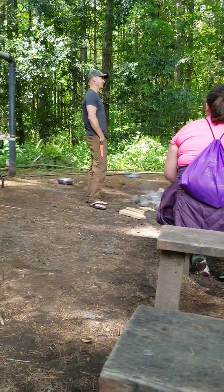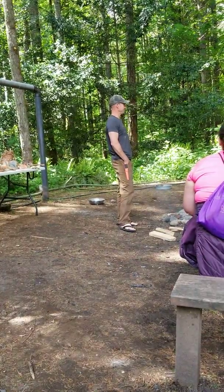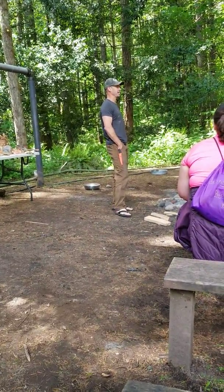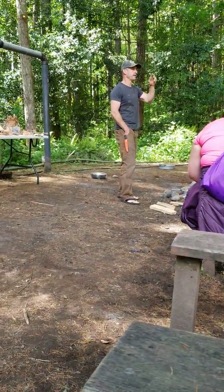Survival skills and wilderness skills, and I've taught for about 20 years. I teach things like shelters and knives and tracking, traps, stuff like that, medicinal plants, edible plants, navigation. And today I'm teaching fire, obviously, and I know you guys did a little bit of fire safety and some